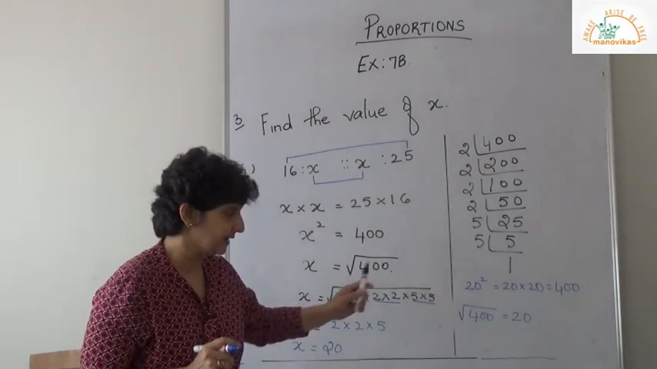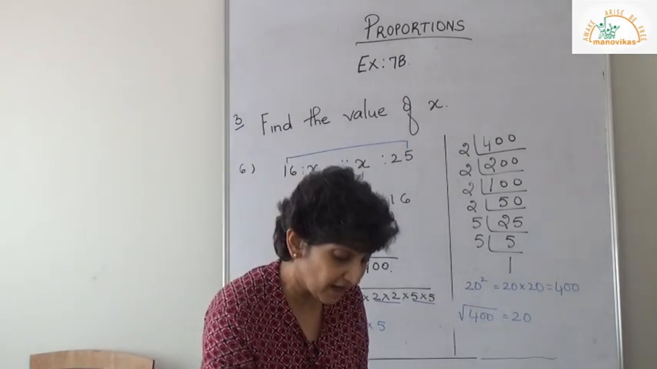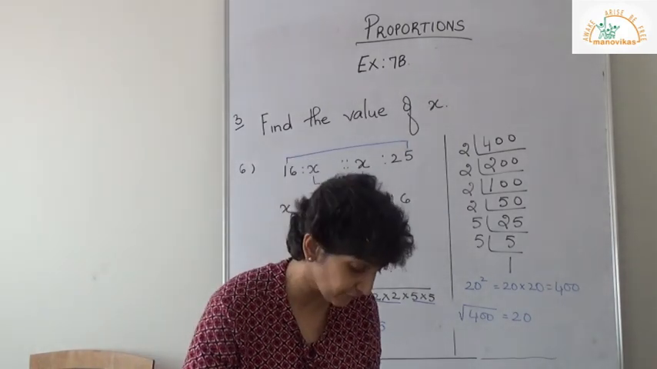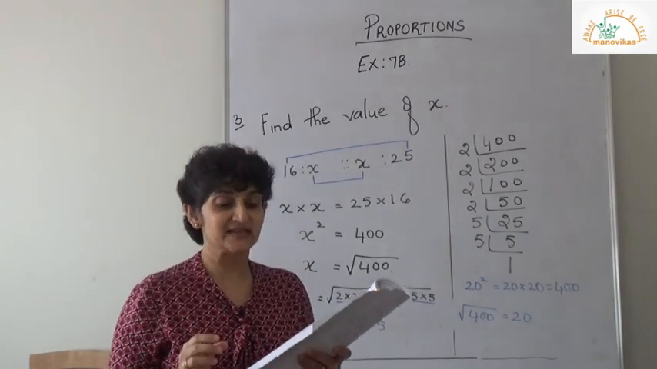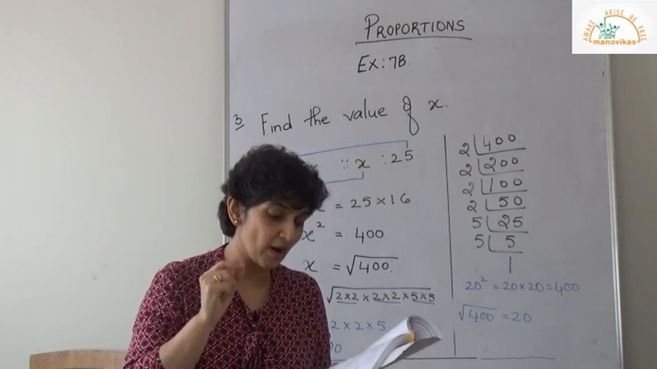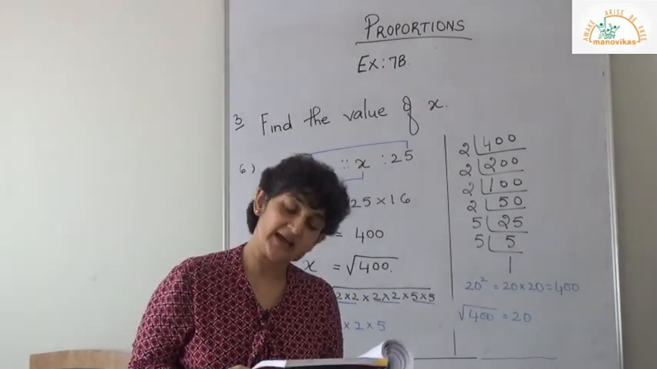I hope you have collected your square roots. With this, I finish half of your exponent chapter. That is, I finished your question 3. Now please work out exercise 7b, question 1, 2 and question 3. The remaining we shall do it in the next